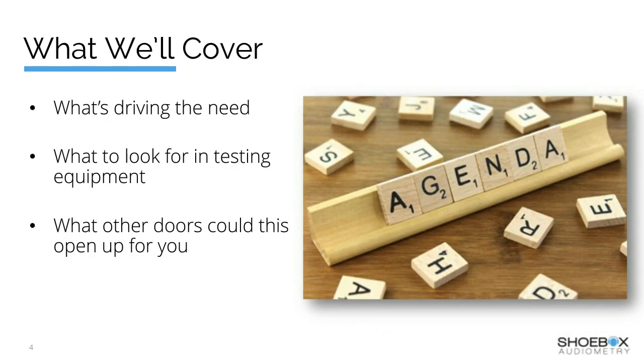Welcome, everyone. Thank you for joining us today. Today, what we're going to be looking at is why you might be considering adding audiometric testing to your services business, as well as what to look for in the testing equipment, because there are options, and not all options might be the best for your business. And finally, we're going to look at how adding audiometry can help grow your business in ways you might not